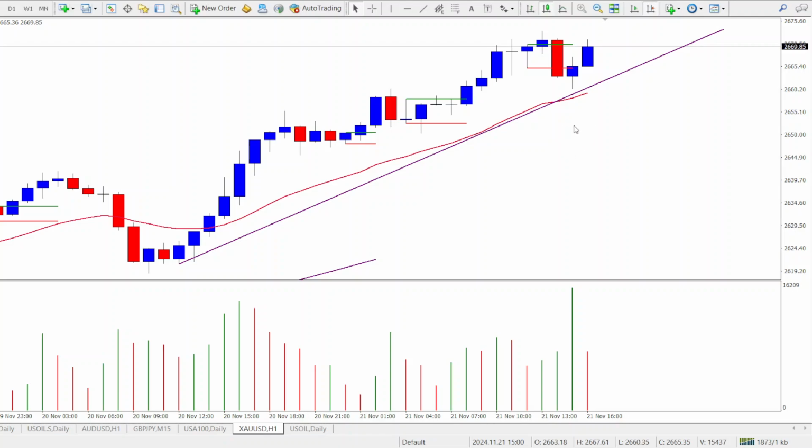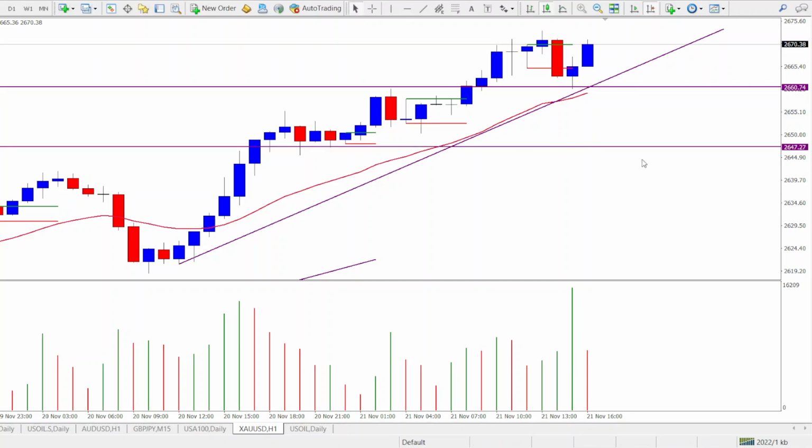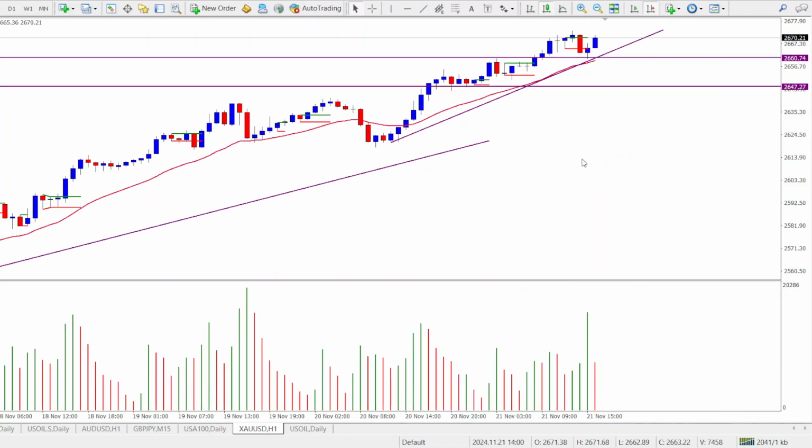Now, using moving averages, we can see that the moving average is already showing that this is a bullish trend. So ideally, you should be looking for only buy opportunities, unless you have a bearish breakout, a change in structure. If you have a bearish reversal pattern forming, or price breaks below the moving average or below the trend line, or, if you are making use of horizontal support and resistance levels, price breaks below the horizontal support level or resistance level, as the case may be, then that is when you can start looking for